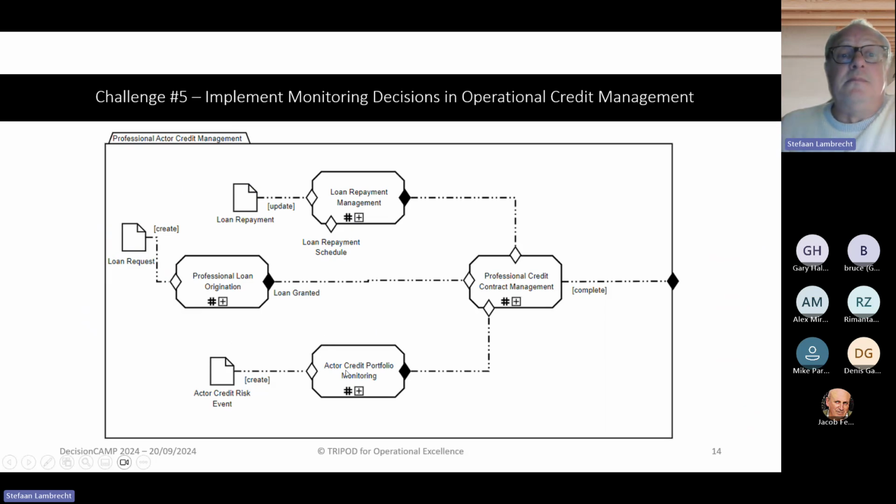And yeah, that means that we feed back to the highest level here, which is in fact that implementation in the operational credit contract management. That is in fact what happens once the decisions of portfolio monitoring, for instance, putting someone on a watch list or a UTP decision or whatever, need to be implemented here, and that will have an impact on obviously the further follow-up and management of the credit contracts for that customer.